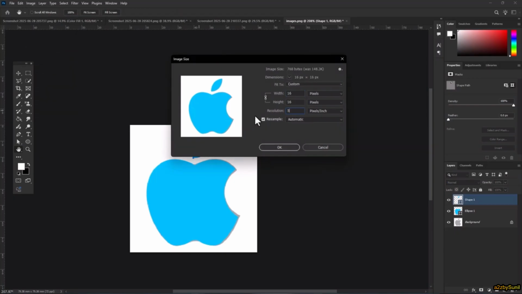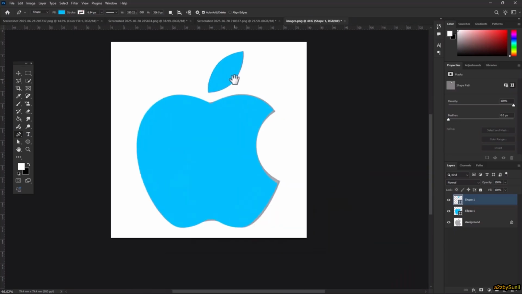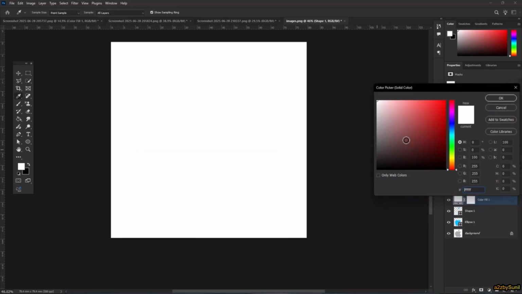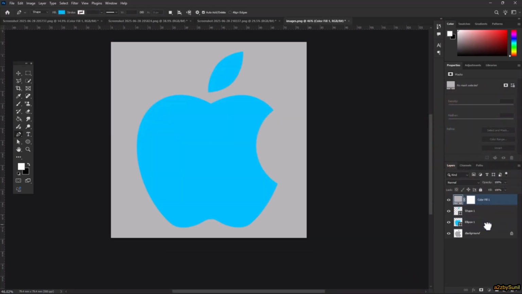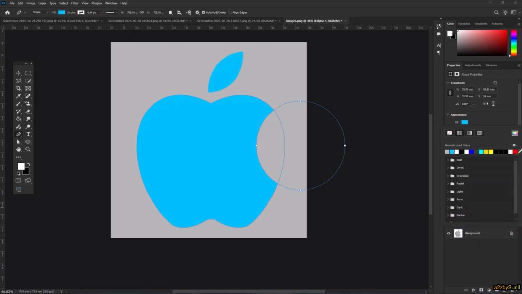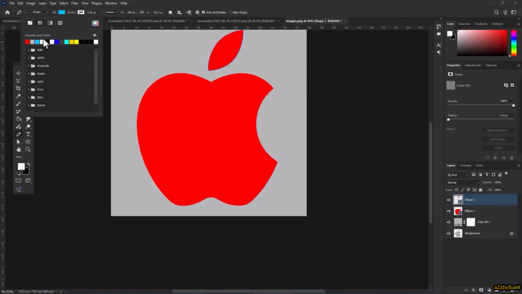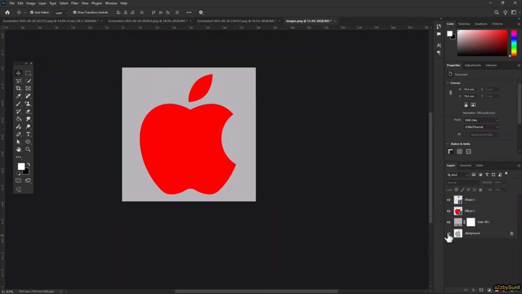Right here 500 pixel per inch to make HD logo and make solid color background. Okay, move it down here and select this apple, make another different design like a red, select another part of the logo, make red color in final color, turn off the logo and now you can see the final result